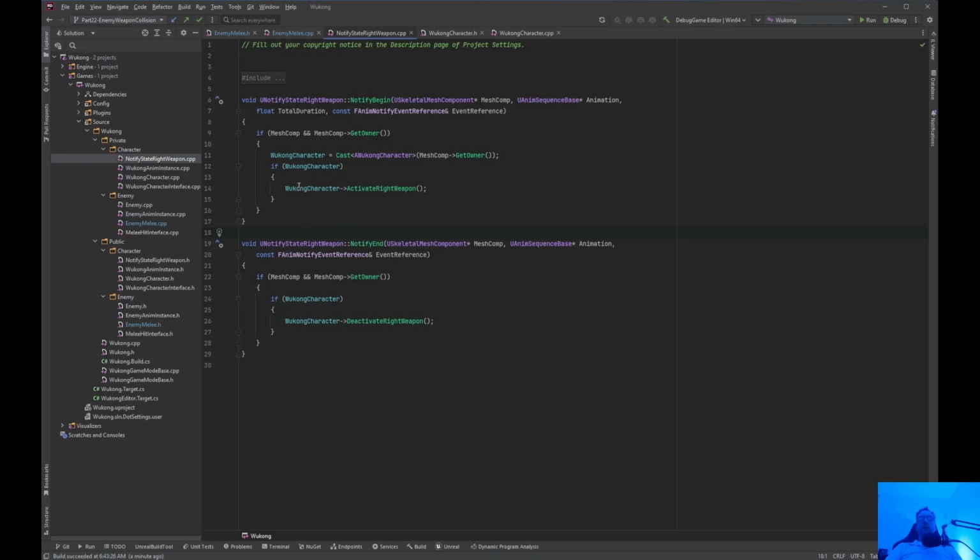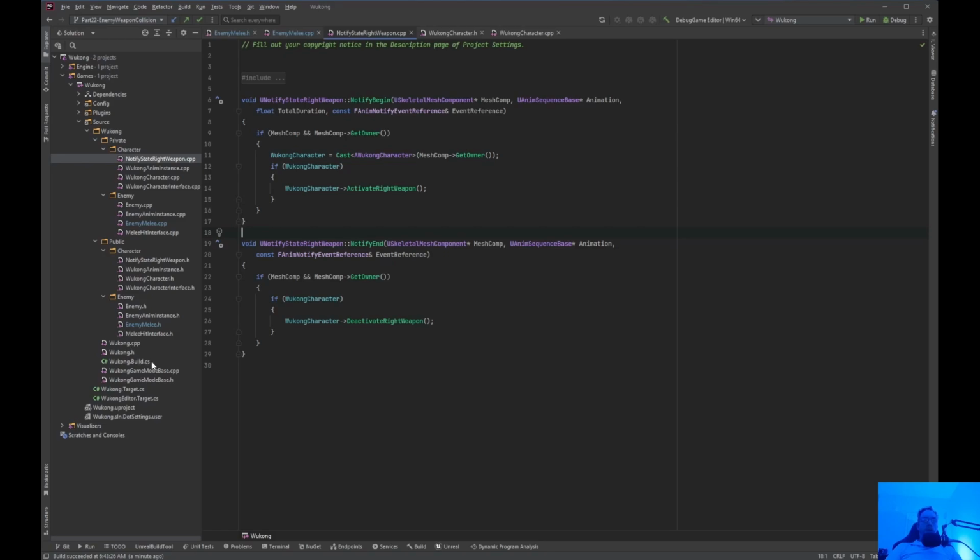As you can see here, Wukong activates the right weapon when the montage hits a certain section of the animation. You have to activate the weapon and deactivate the weapon. So we need to do a notify state